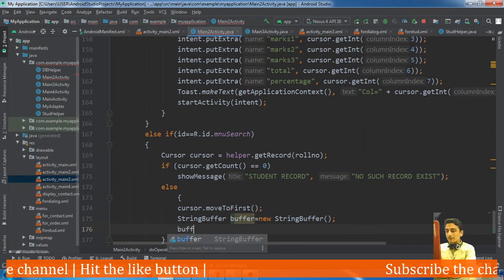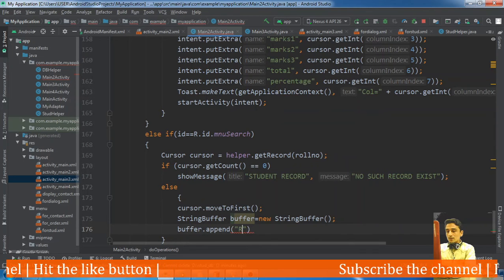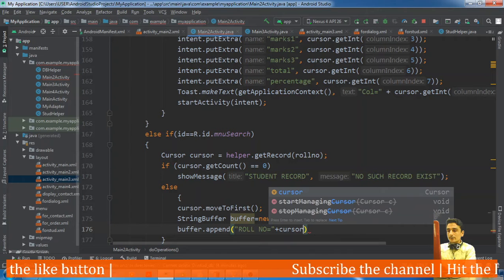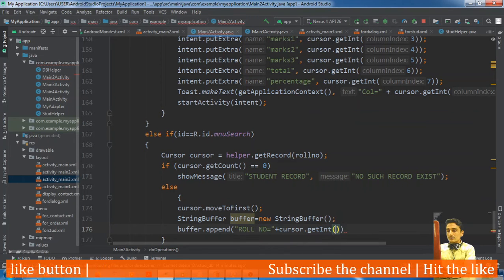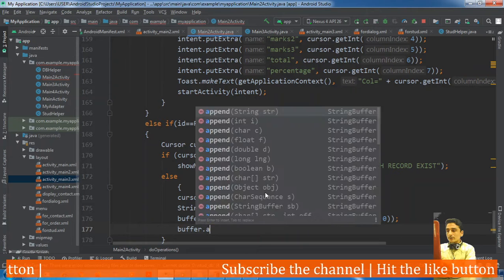Okay, then buffer dot append roll number is equal to cursor dot get int 0,